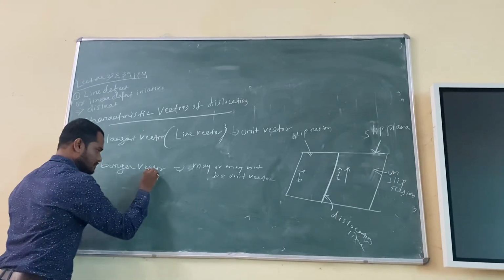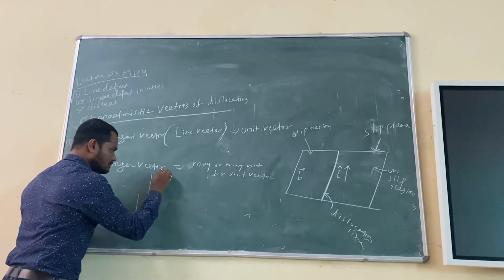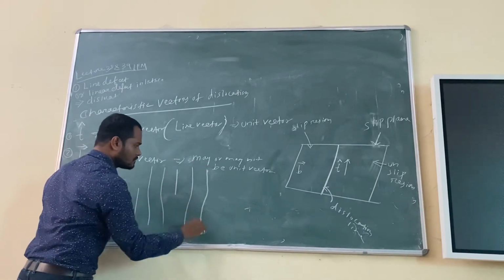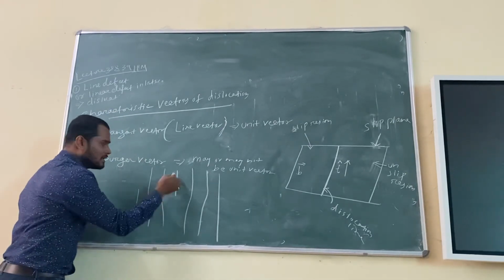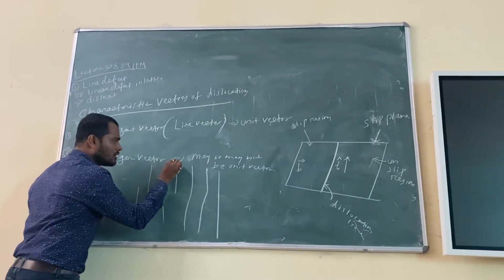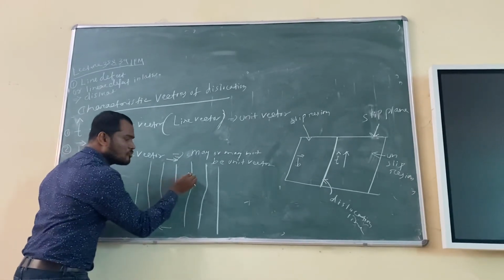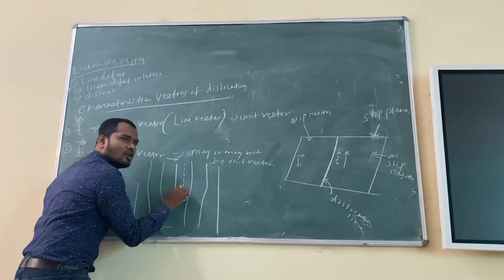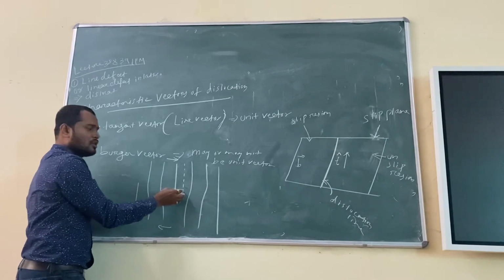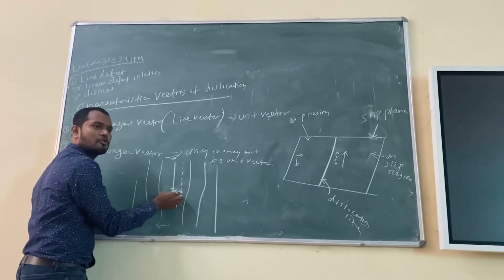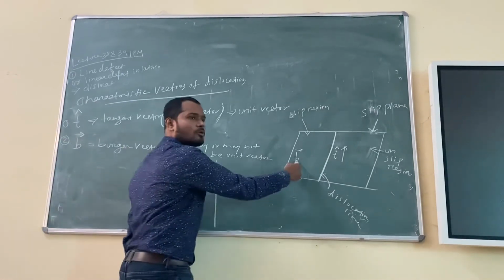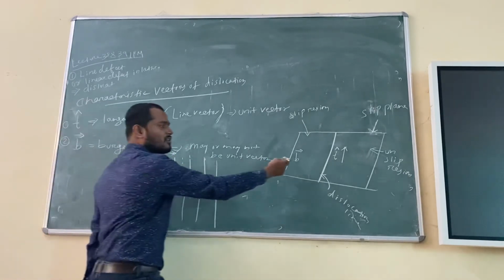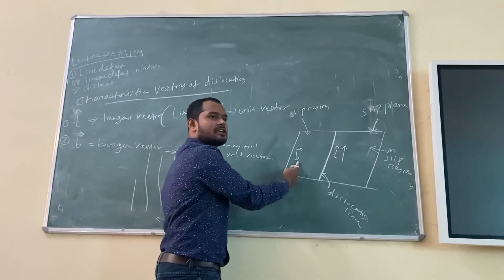Suppose, okay, this one. So suppose this is the extra half plane of atom and this is moving. This has to move here, right? Suppose this is the initial position and final position is this one. What it means? Only half atomic distance it has moved, right? So this distance is the magnitude of the slip, right? So it will be shown by this one, Burgers vector, and direction, this direction, right? So Burgers vector will define the magnitude and direction of the slip.